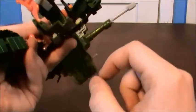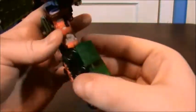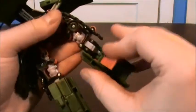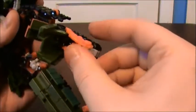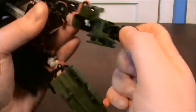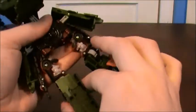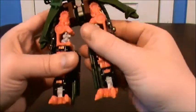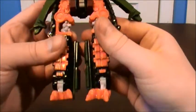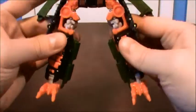Oh, I forgot about that. Because he tries to stand bow-legged. It seems he does have the angled feet. Flip that out, get that up. Get that little heel bit up. This whole thing around. And there we go. More or less. His feet look weird. They're supposed to be, I guess, turned and...